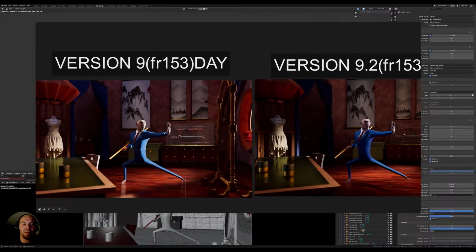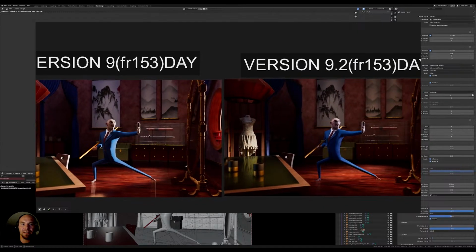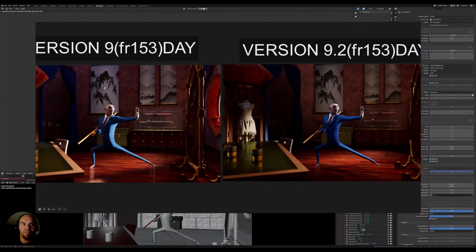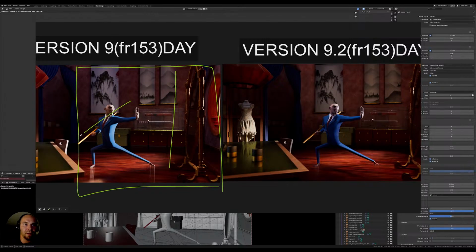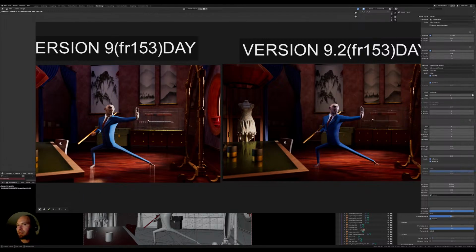So this is something that needed to be addressed, and more focus on these two things: the mirror itself and the character here. So these were the main focus parts, but I've done a lot on the environment so that it can integrate